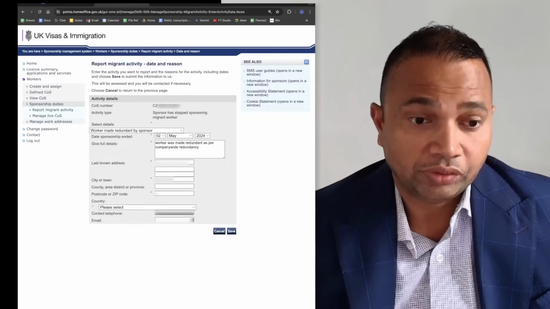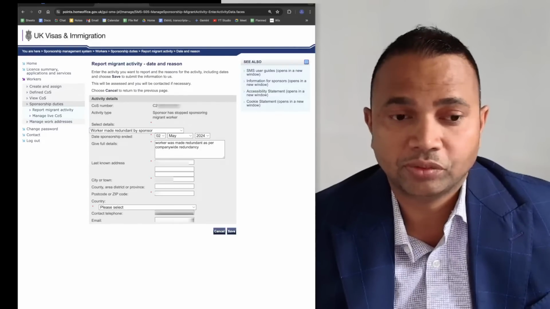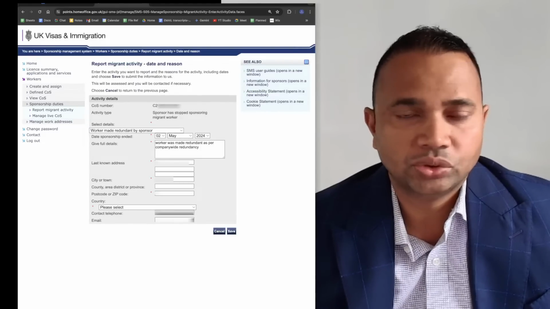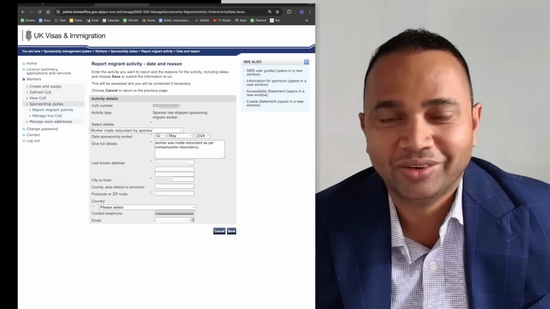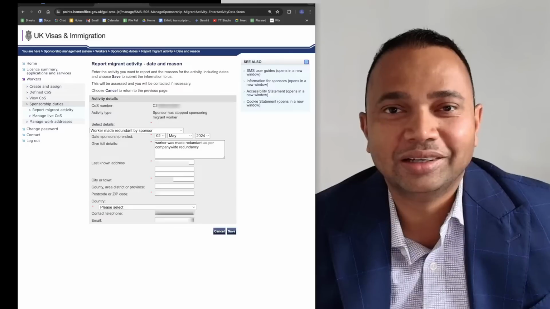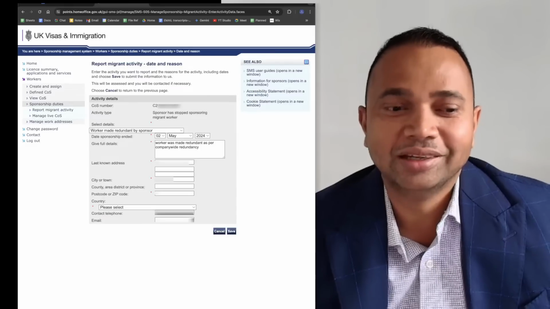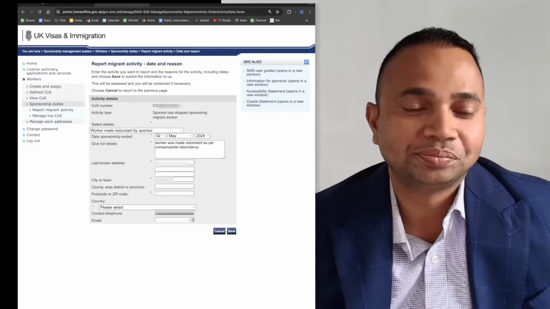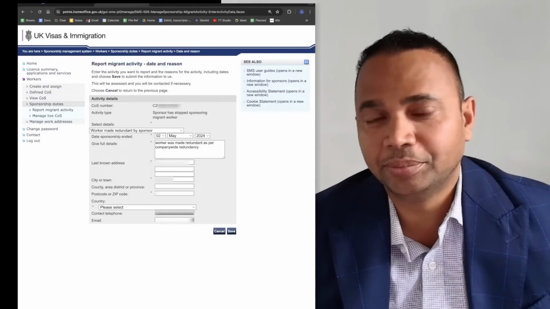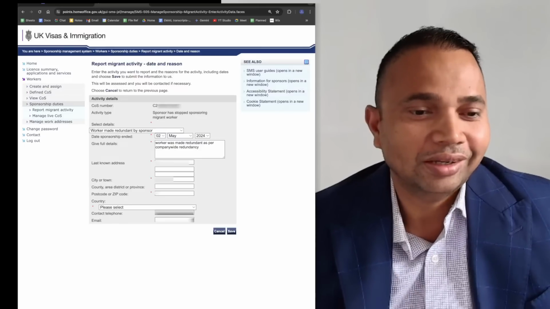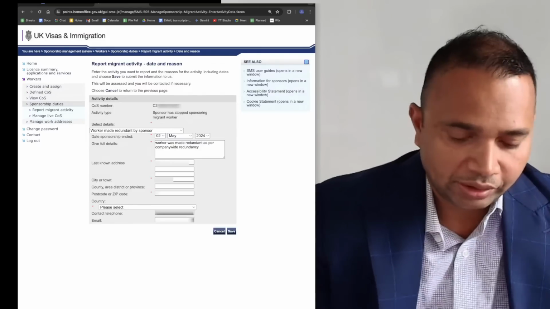If you don't know the address, usually speak to an immigration lawyer and see what is the possibility, what you can fill up over here. But usually you should, this is one of the compliance requirements, that you should be aware where your worker is living. So this is one of the ways how the Home Office checks whether you are complying with everything or not. So there are different ways they check. One is this reporting, second is keeping address records, etc. And so you fill up the addresses, country, let's say United Kingdom,